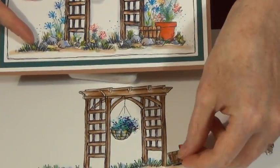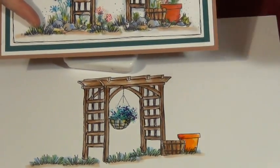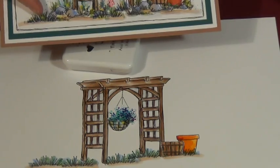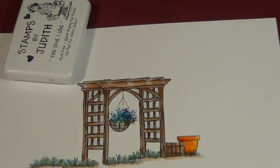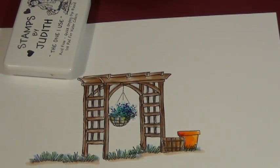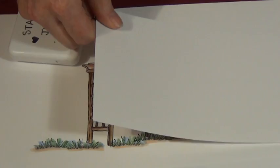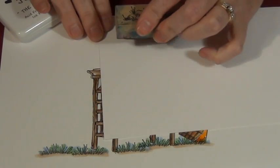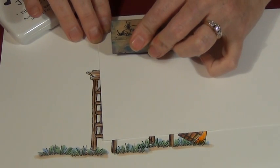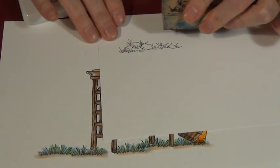Now to save time on masking the barrel, I stamped one previously, colored it, cut it out, and there's your barrel. So you can glue it down. The next thing is the rocks. And just like the barrel, take my rocks, stamp a couple sets of them